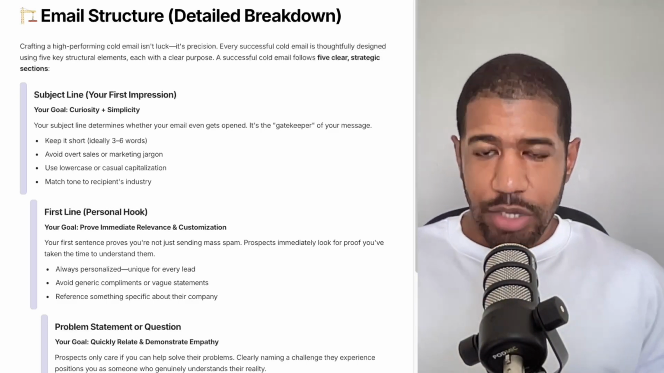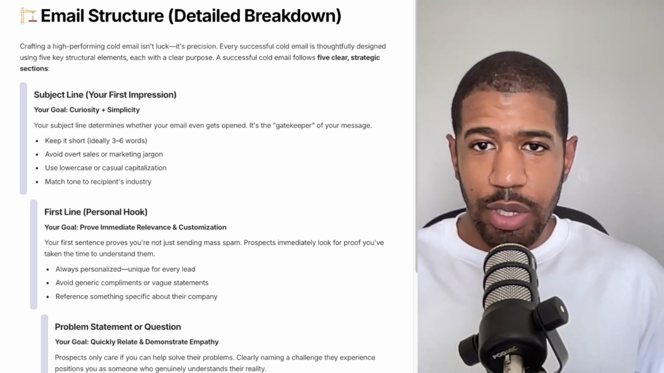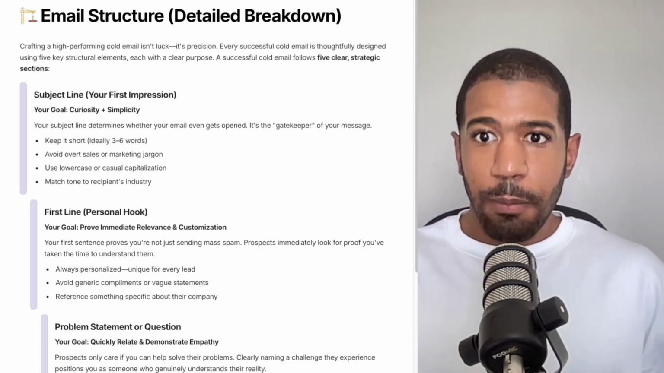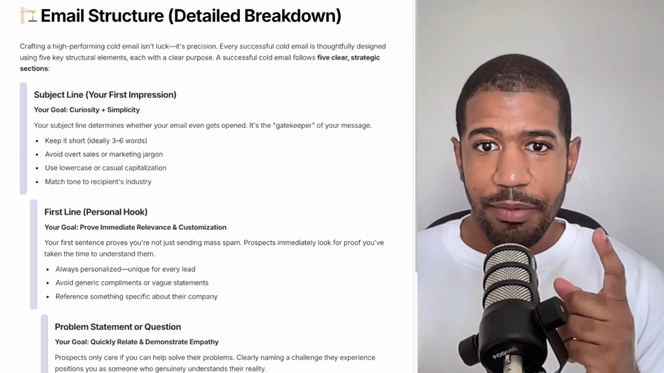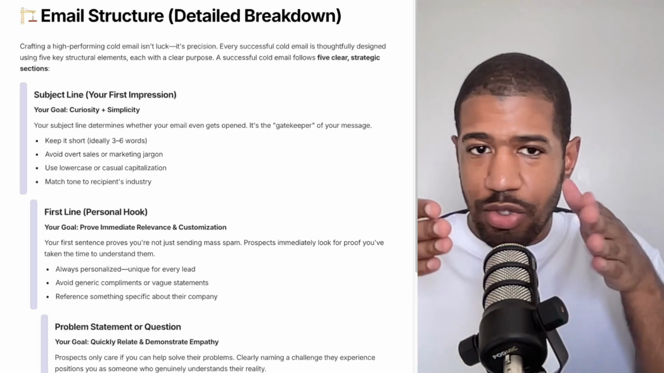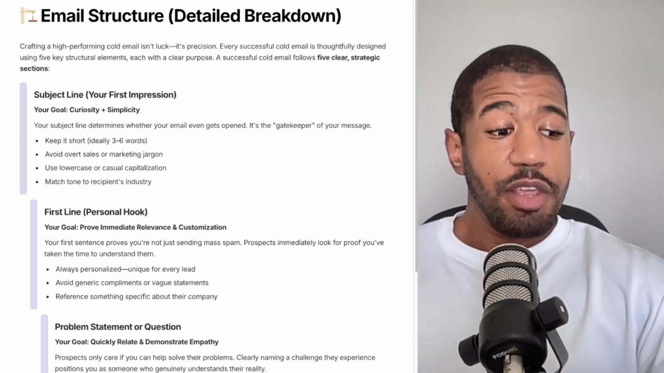Every successful cold email is thoughtfully designed using 5 key structural elements, each with a clear purpose. Number 1, your subject line, right? So let's just go straight into the subject line. The subject line is the first impression. The most important thing